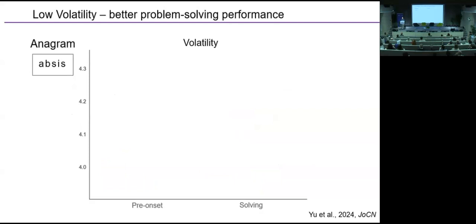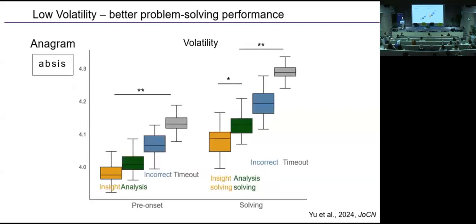And we replicated all these findings in a different task, these anagram problems. So here I want to focus on this pre-onset effect. That's really fascinating. This is saying that the volatility during the mental state you were in during the preparation can actually predict the outcome: if you were in lower volatility, you are more likely to solve the problem than not. Now, even though this analysis was done as within-subject comparisons,